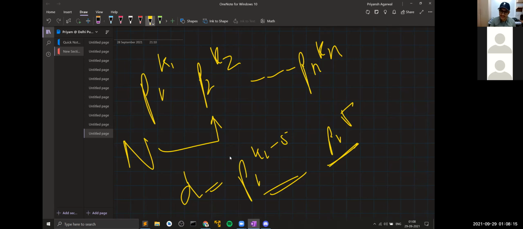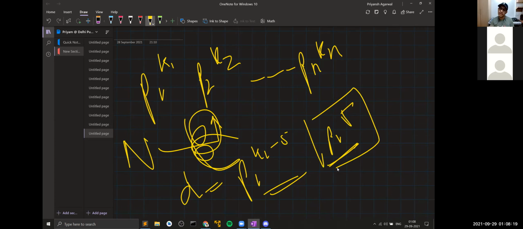If you take the GCD, these quantities will get cancelled out and P1 to the power 5 will be remaining. Similarly for all the primes. So that is why dividing n by the GCD of n comma d will give you the number of steps that you need to come back to the same position that you were at initially. Right, so is this part clear? Yes, now it's clear. Okay, cool.